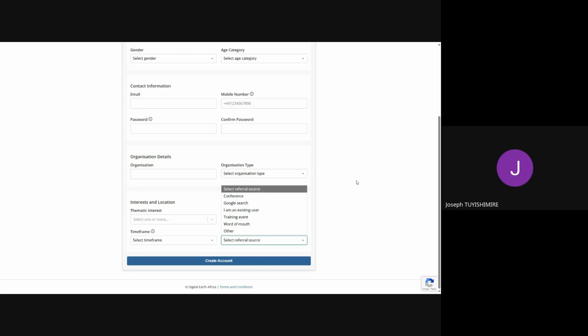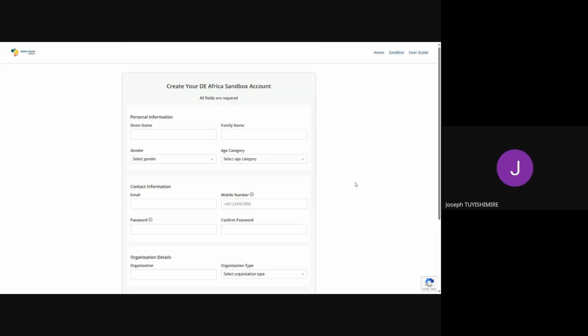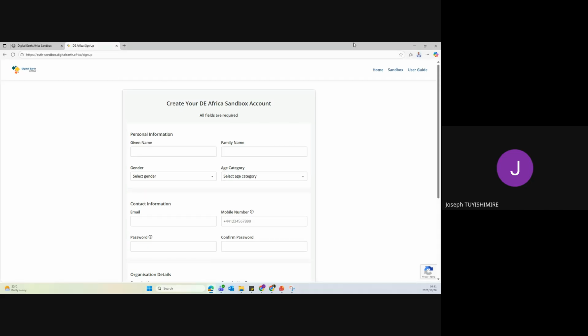If you had a previously existing sandbox account that was not operational during the upgrades of the interface, then you can say you are an existing user. Then you can create your account. You'll get an activation code in your email, and from there you can log in and start enjoying the capacities of this sandbox for free, and you get notifications whenever new products are created.